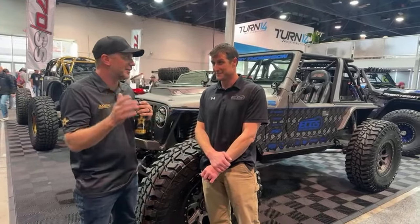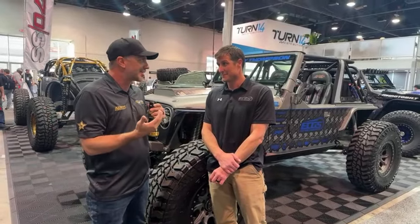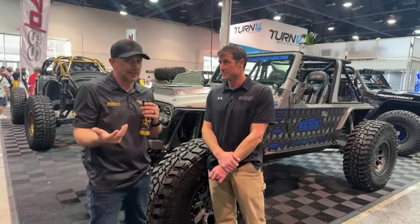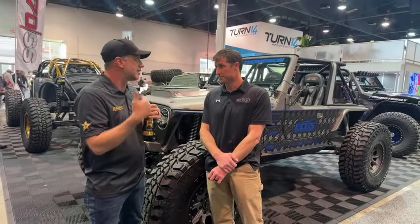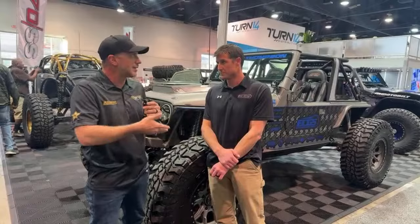A lot of people think, oh, you're just doing junkyard axles. No, these are highly designed axles that just use OEM fitment and OEM styling because of the practicality and the cost of it. That's really it. But there's efficiency, there's design, there's all these things that you've taken the time to do to make them more